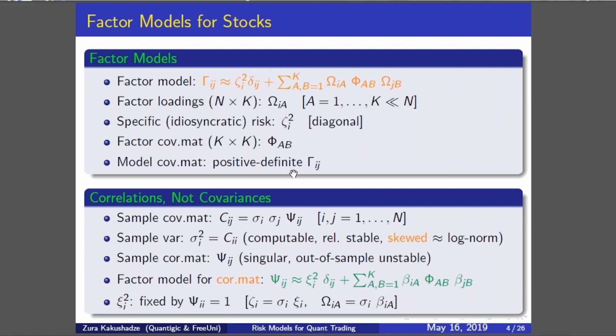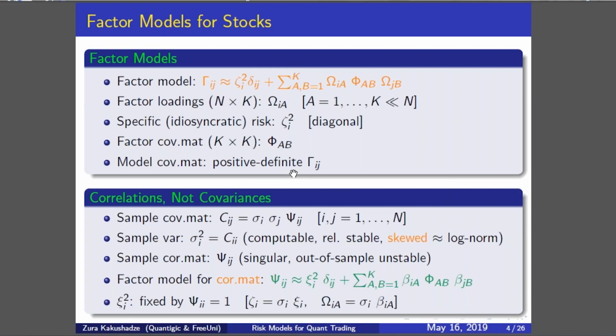So the idea with the factor model is that you decompose your risk into basically two pieces. The first piece is the factor risk, which is common for all stocks in your portfolio. And the number of factors, which I call K here, is assumed to be much smaller than the number of stocks in your universe. So if the number of stocks in your universe is 2,000, then you might have, say, 100 factors. And I'll get later to describing some of those factors. And so the number of underlying factors is smaller, and so you basically describe a big chunk of the risk space using these